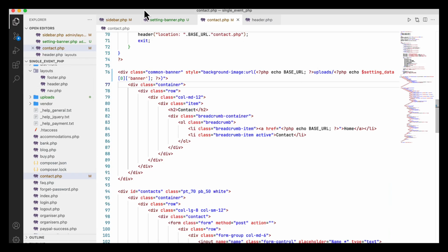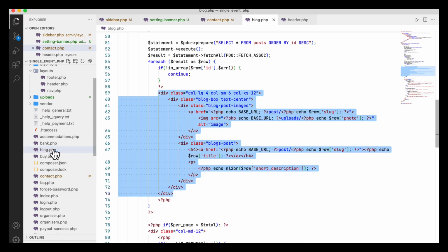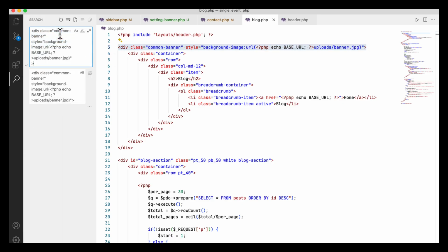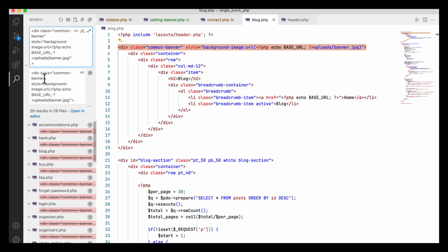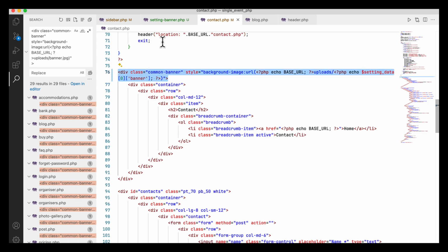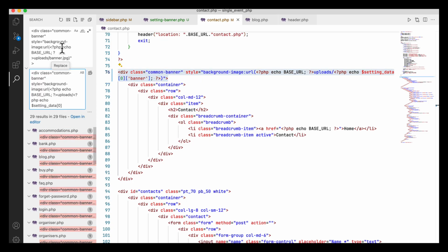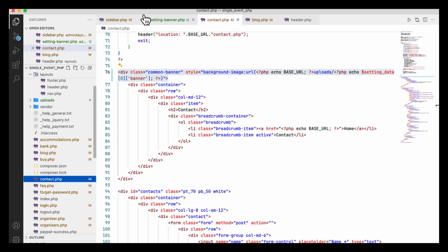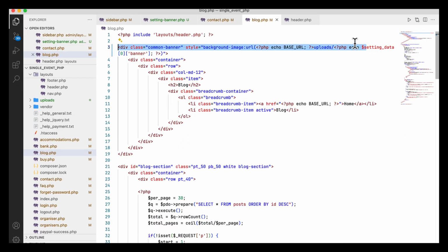Here I can do one thing, that is for example the blog page or any other page, the banner section data is fixed, that is this is the item, so I am going to replace this, and all of this I will replace by the contact page code. Okay, so this code will be replaced by this one. So if I click here, 29 replacements will be done. Okay, I replace everything. Now if you go to the blog, you see it is already replaced by this code,